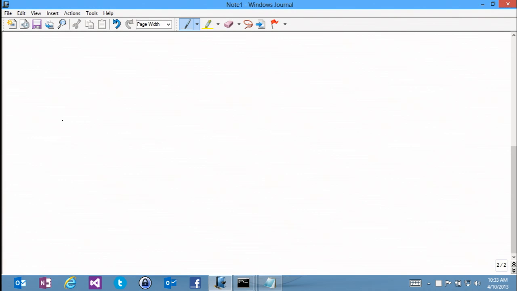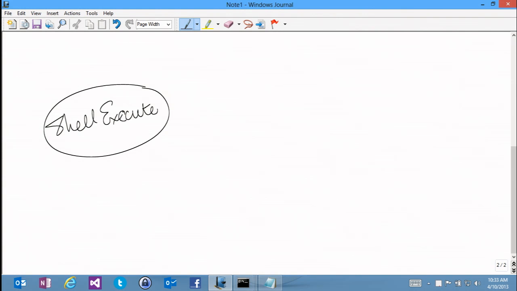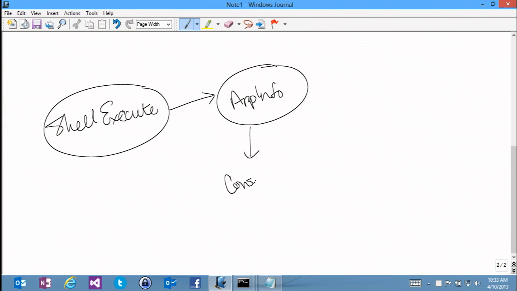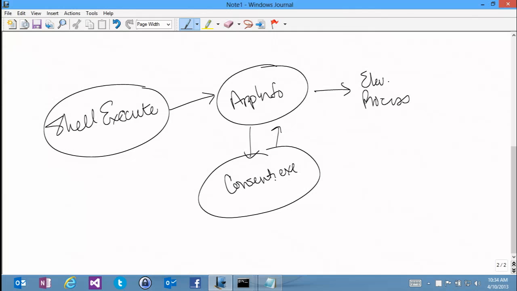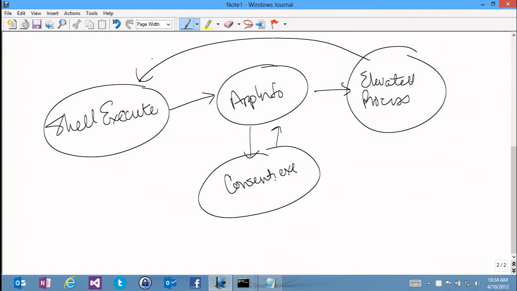When I talk about elevation, when I go to elevate, I go through a shell execute operation, and shell execute determines whether or not I should elevate. That goes into the app info service. So I have to have that service running, which goes and checks with a binary called consent.exe. And then if you say yes, whether through policy or not, then it will go through and launch the process as an elevated process, and then reparent, so it looks like that was launched by the launching process. Let's walk through that architecture and the impact of that as well,